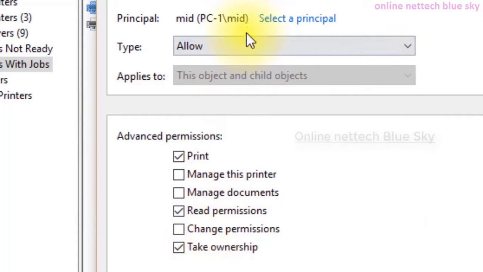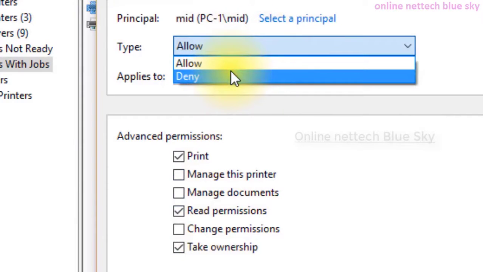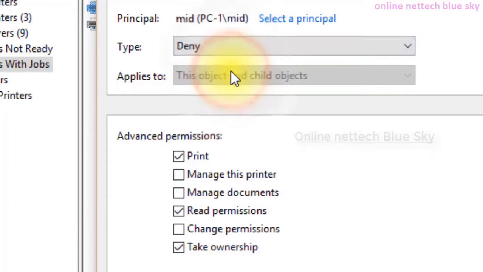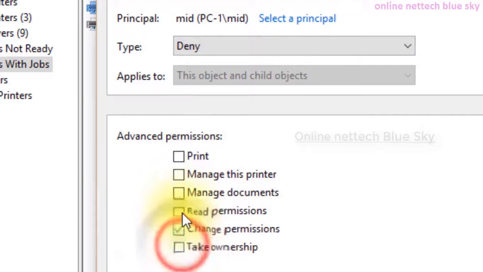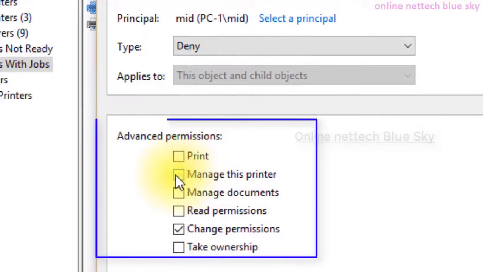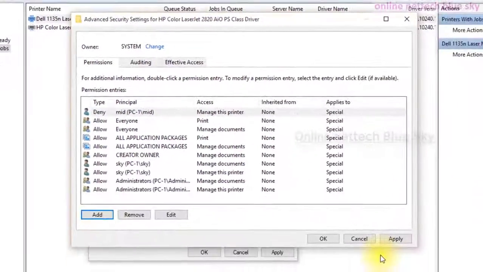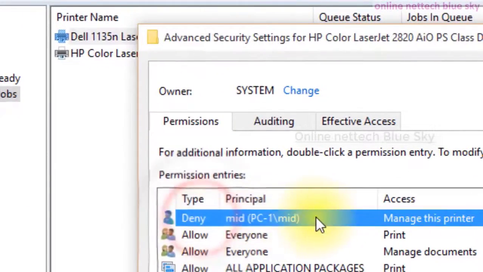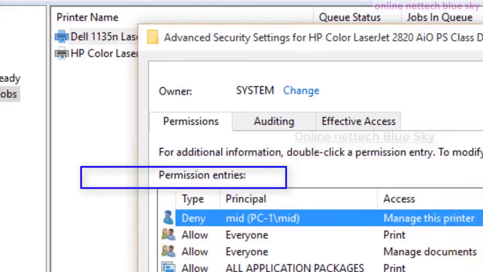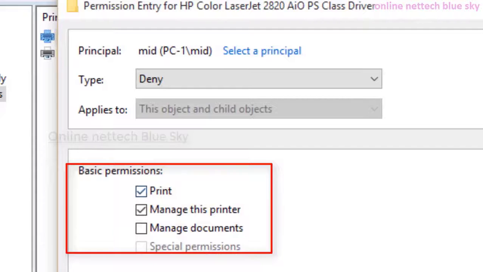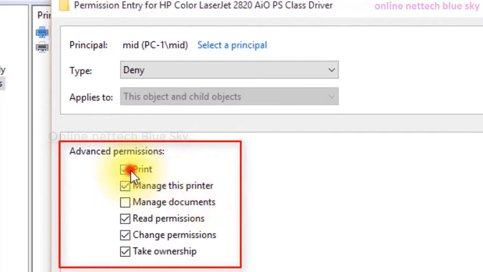So I like only the allow type here, and allow deny means you can deny all of your permissions. So advanced option means you deny your systems here. So not printing, not reading, and not change permission. So reading inside you can see here in these systems. So click on deny or allow any. So you have permission entries here. So permission entries is showing here. Deny this system, allow this system here.